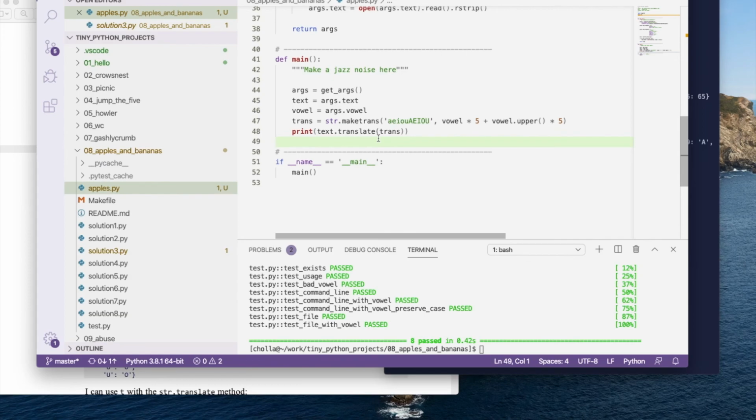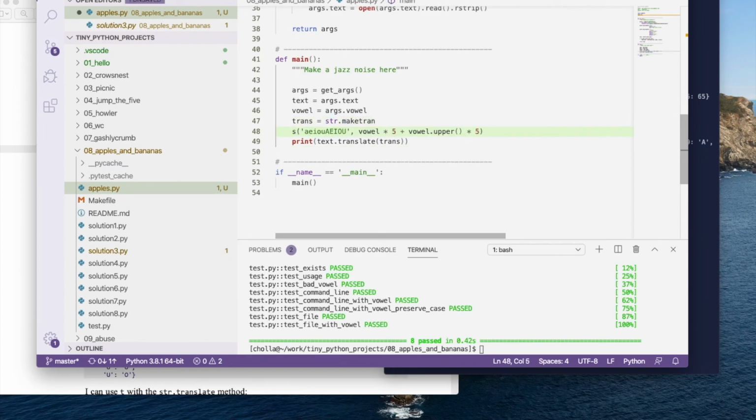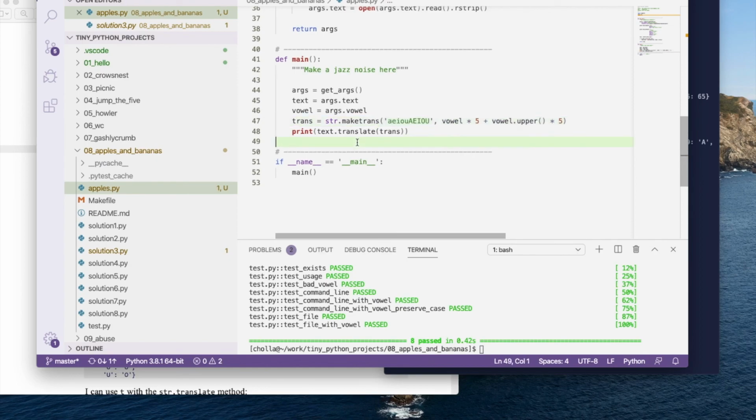It requires a bit of understanding there of dictionaries and the make trans. If you didn't get that the first time, just keep playing with it. It's a really cool method that you can tuck into your toolkit, and we will talk about another version of the solution in the